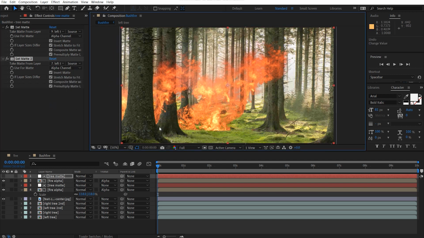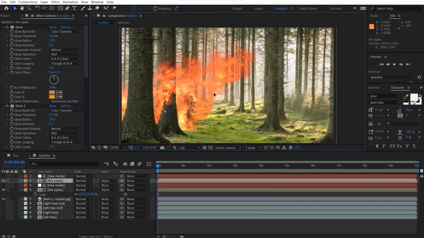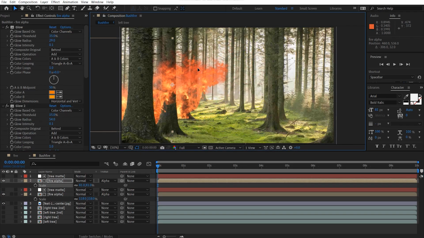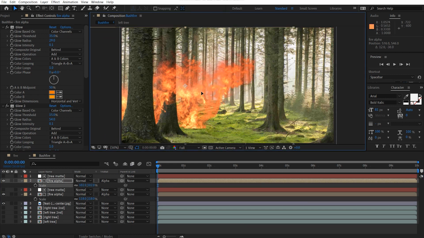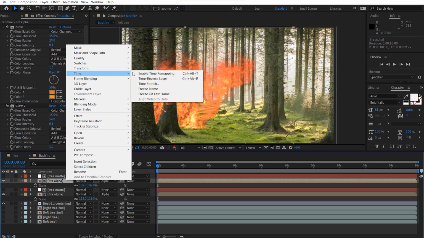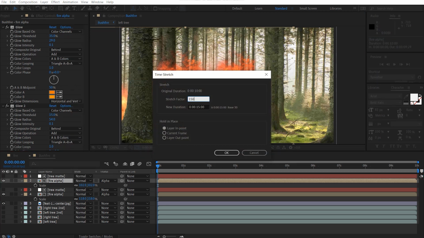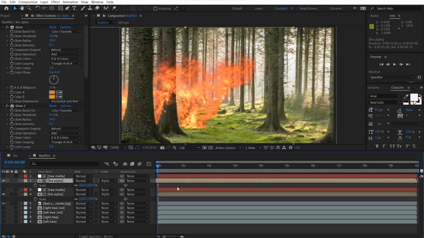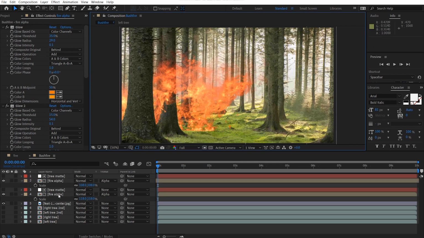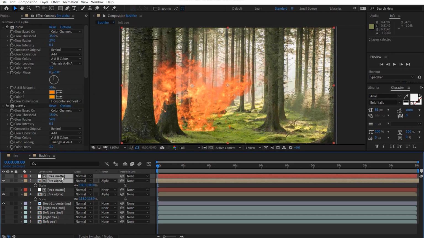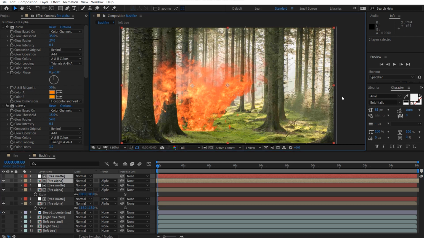So now it's behind this tree, and we can even scale it down a bit, maybe scale it up, and offset the time. So we can time stretch it, and we can make it like 150, move it across like that. So we get different timing. So like that, like so. And we can even duplicate this again, and then we can move it across over here,